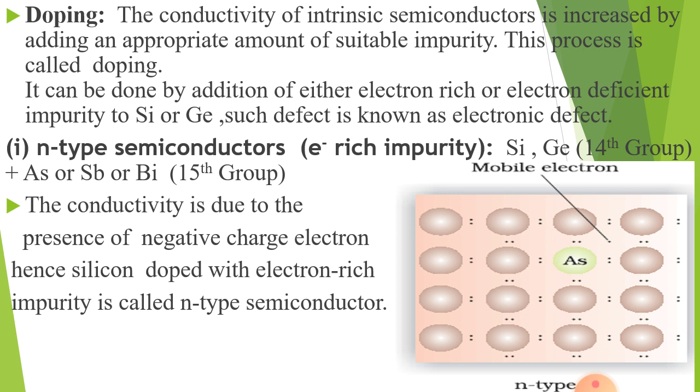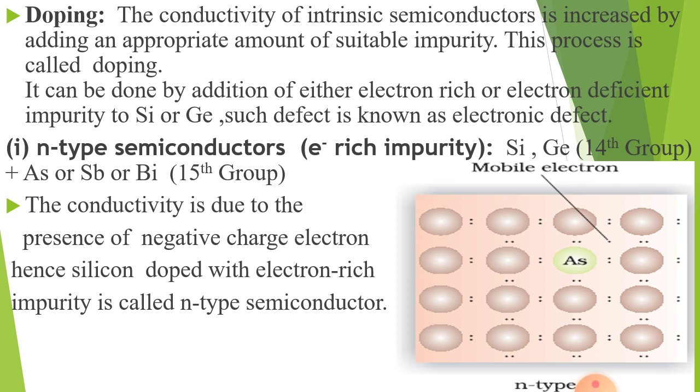Here silicon and germanium, which belong to group 14 elements, are added with arsenic or antimony or bismuth, which belong to group 15 elements. That is, when doping occurs in silicon and germanium with group 15 elements,